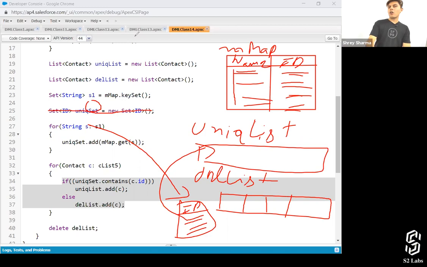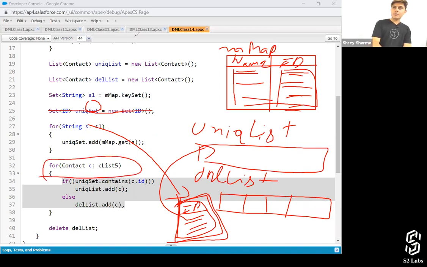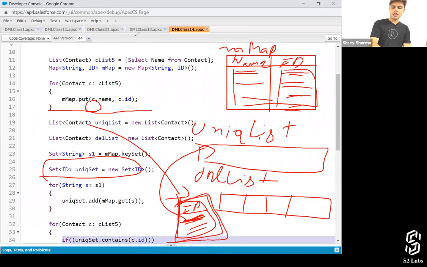Then I added all the records into this particular map. Now what I'm doing is I'm creating a set, and inside this set I want to add these IDs, right? All the IDs, and I've added all of these IDs inside it. And after adding all of these IDs, I'm comparing in this loop whether this set includes this c.id or not, and this c.id is going to come from cList5.